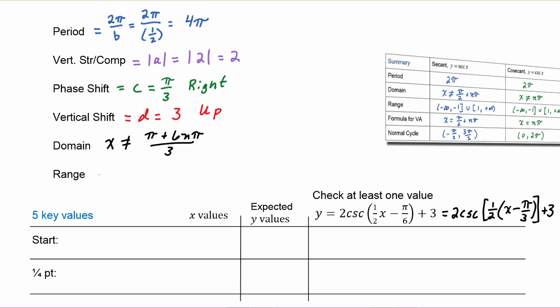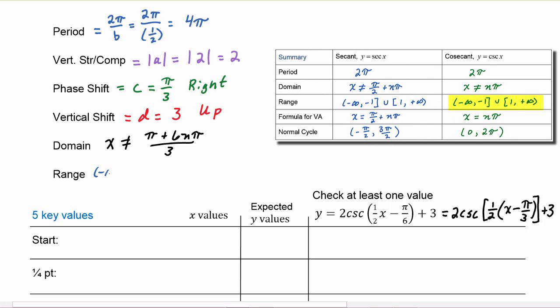The range for cosecant we know starts out -infinity to -1, union 1 to positive infinity. We know that it will be affected by the vertical stretch, so we have absolute value of A is equal to 2, so that will take our range and turn it into -infinity to -2, union